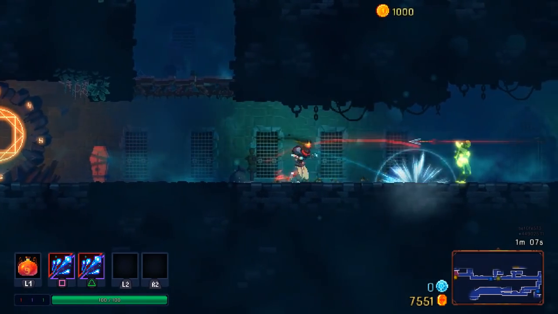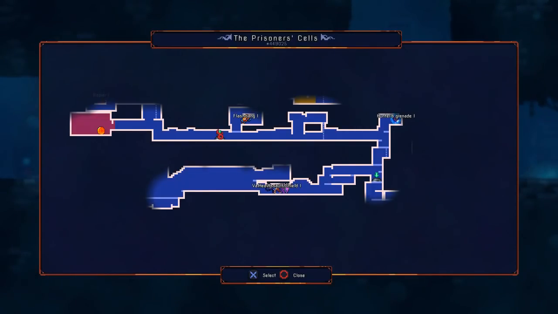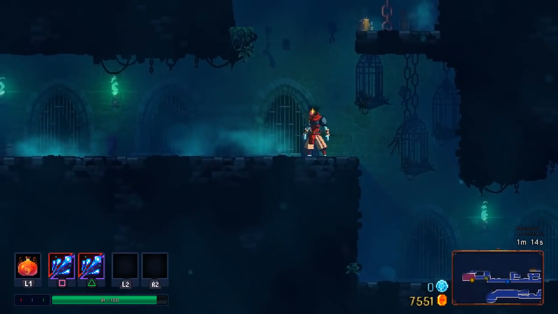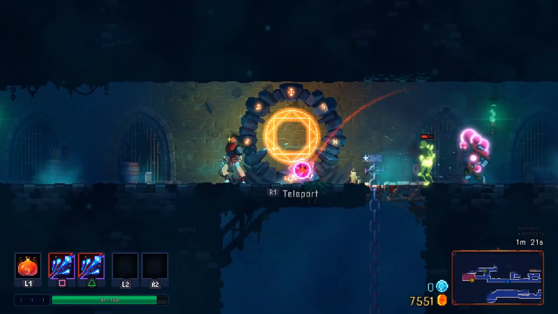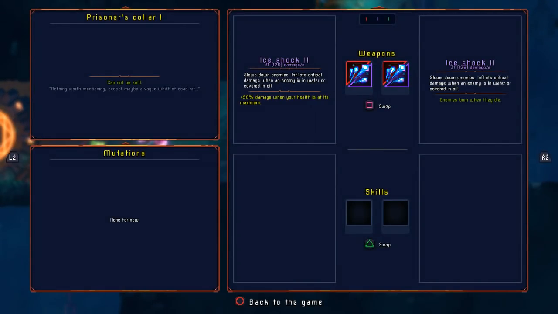So, you know, you get this mechanic not tied to another item, or another effect that you might not want, for example. Like if all you want is enemies to be slowed down a little bit, Ice Shock does you good. The other thing is it also syncs pretty well with